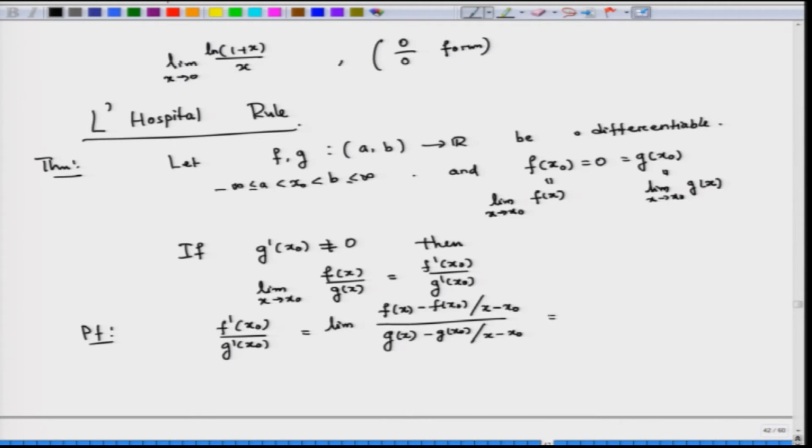Both the denominators x minus x naught will get cancelled, and f of x naught is equal to g of x naught, this is equal to 0. So, this is nothing but the limit as x goes to x naught